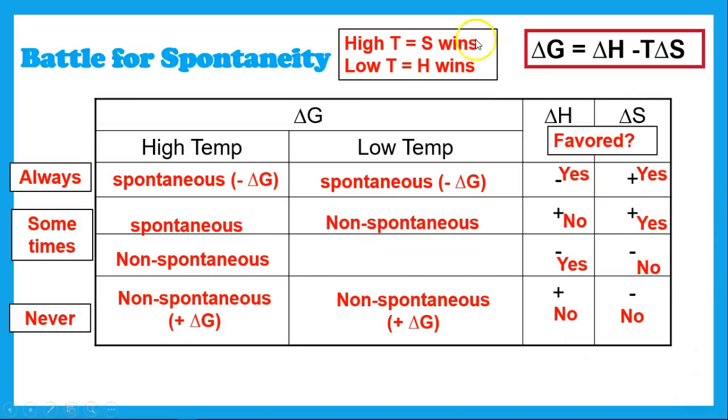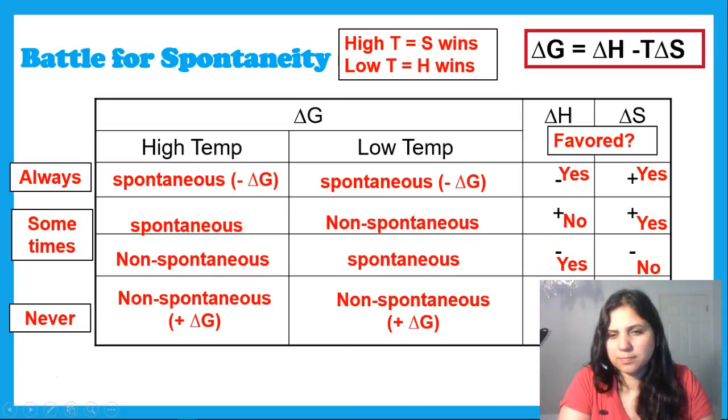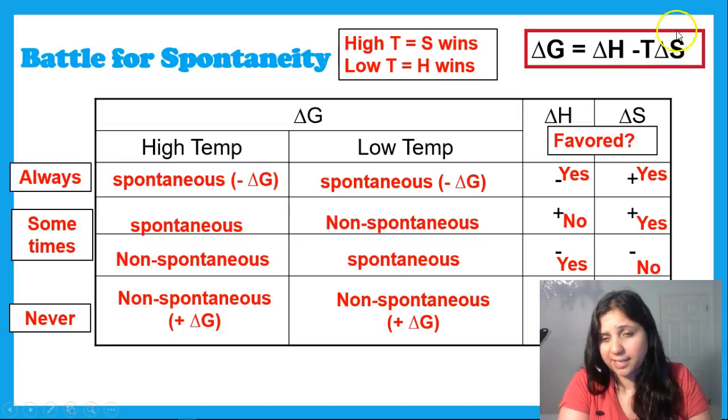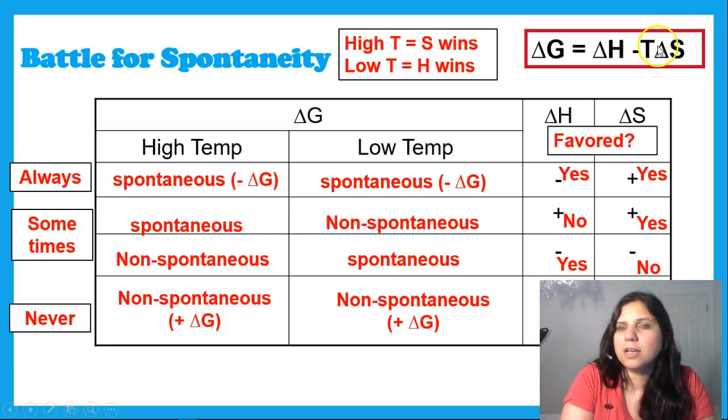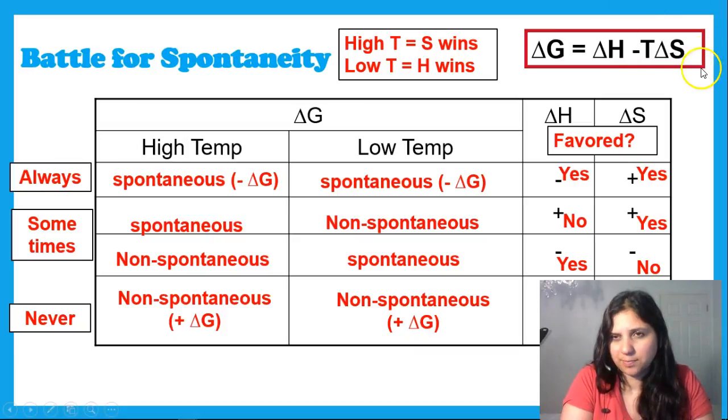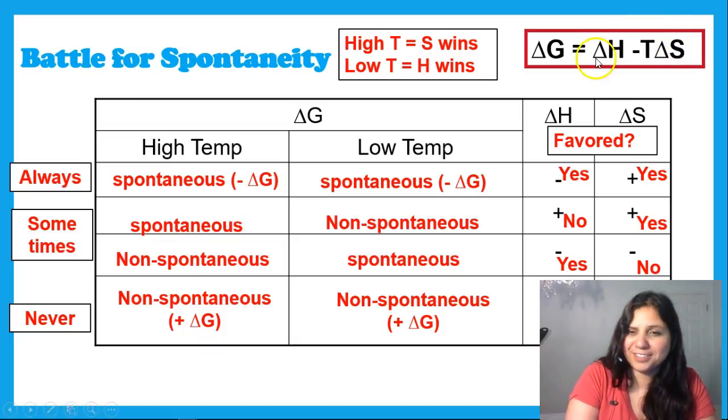And then at low temperatures, we have H winning. So if H is saying yes, at low temperatures, it will be spontaneous. Let's think about this one in terms of the equation. Where we're saying delta H is negative and delta H is saying yes, it's going to be spontaneous. So we ignore this part. If delta H is negative, then delta G is negative, which would make it spontaneous. Okay, so then if we throw entropy back in here, if temperature is high, that makes this high. So that being no would make the no high. So high that it could overpower the delta H.